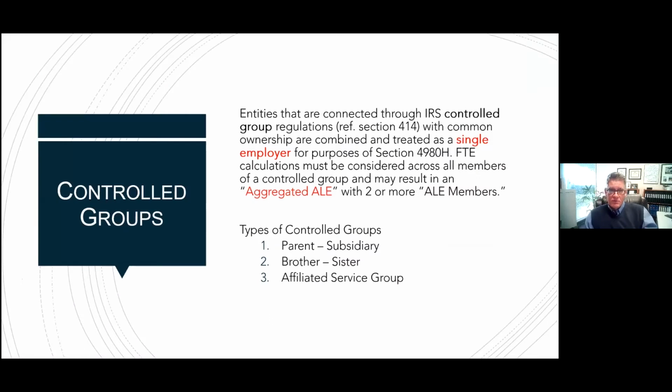A very brief overview of control groups is when you have certain kinds of common ownership between multiple entities. The rules are highly complex. We don't have time to go into those in detail here, but just know that if you do have common ownership between multiple entities, those entities are now seen as one employer for purposes of both ACA compliance and other compliance regulations. And because of that, the regulations under the ACA, including making offers of coverage of insurance and filing